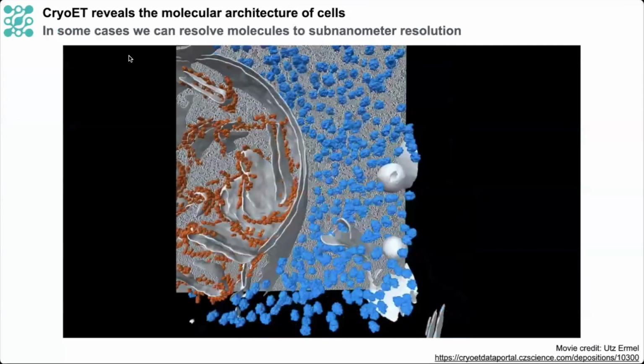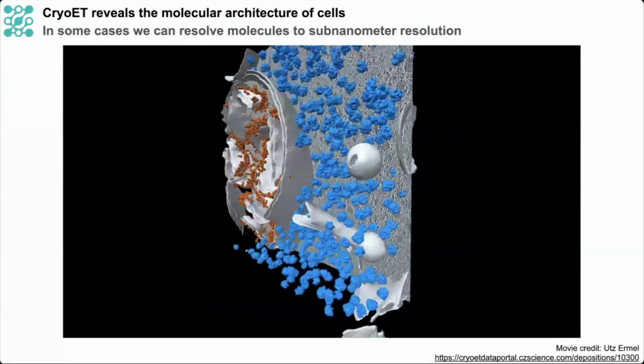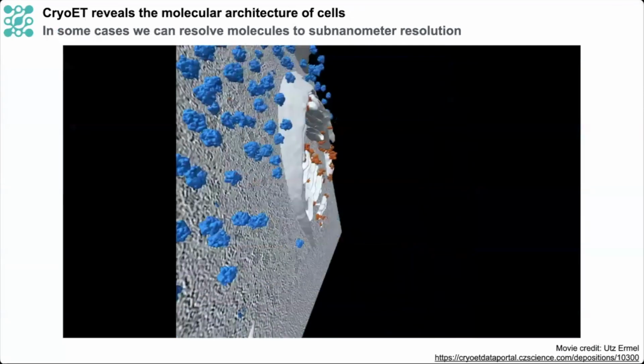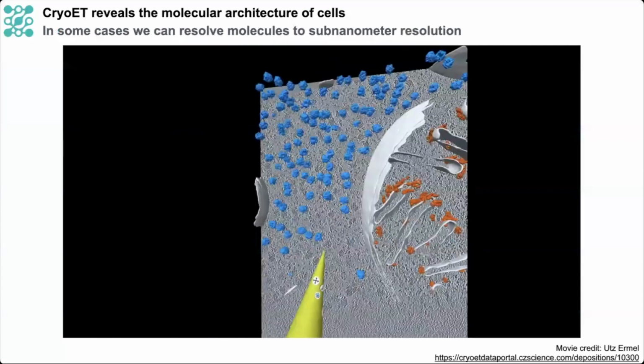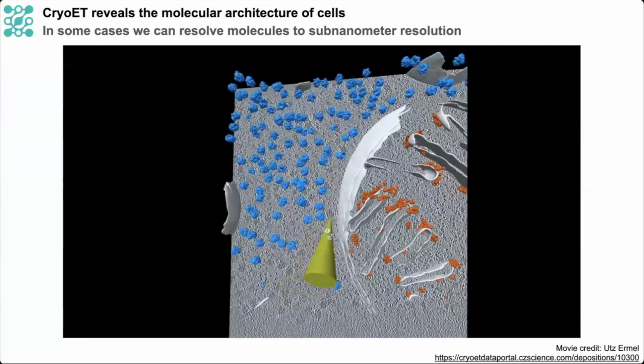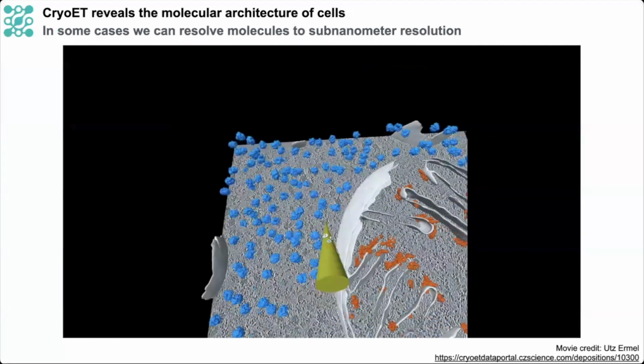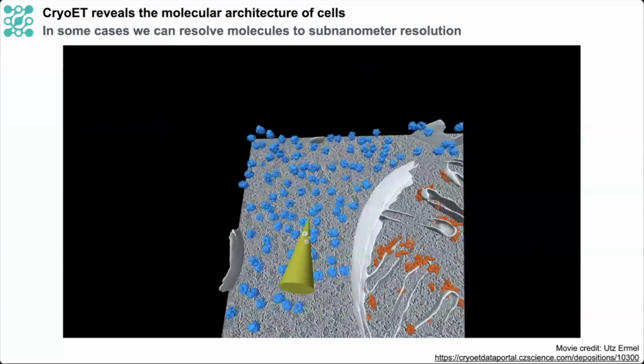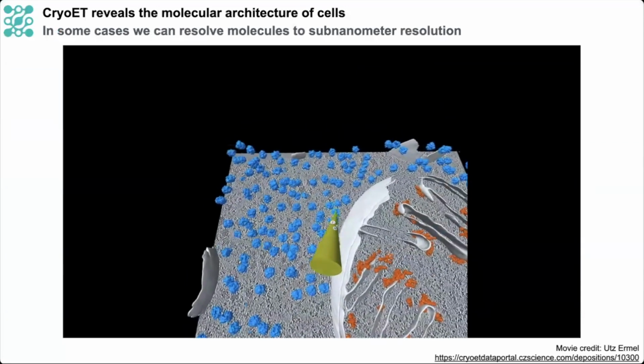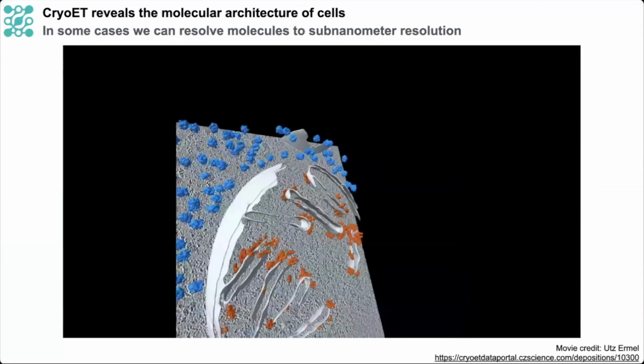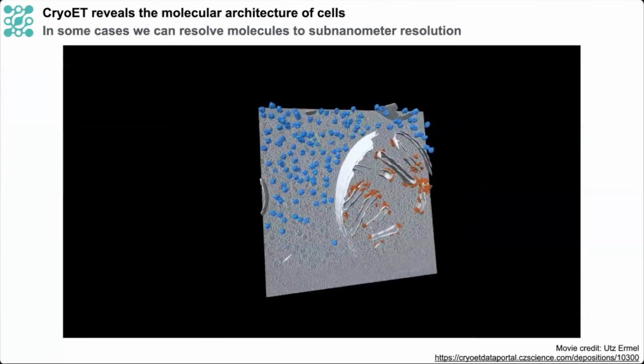Our motivation for doing so is that so much of cell biology is still uncharted territory, and cryo-ET uniquely enables us to peer inside cells and visualize molecular interactions with up to sub-nanometer resolution. In this video I'm showing here, one of my colleagues is navigating a cell that's been imaged by cryo-ET and labeling various cellular components and proteins of interest to deepen our understanding of its molecular architecture.